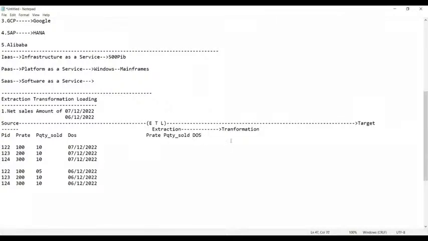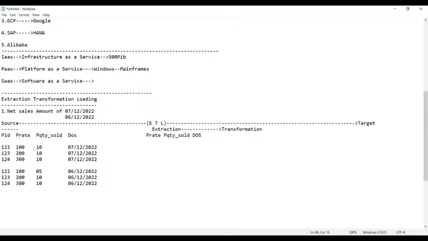Now, guys, the next process is the transformation. Can you tell me how the transformation works? Transformation is the process of data summarization. Here you can see 100 rupees is the rate, 10 is the quantity.